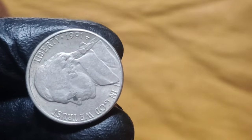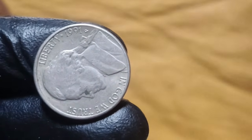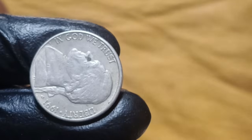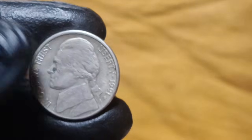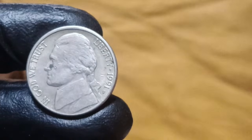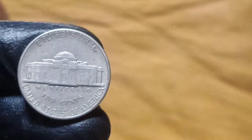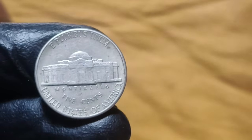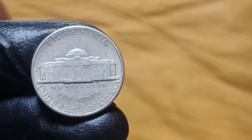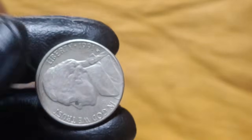Wrong planchet errors are among the most valuable mistakes that can occur at a mint because they represent failures of multiple quality control systems simultaneously. The wrong planchets have to get into the wrong press, they have to actually be struck with the dies for a different denomination, and then they have to escape inspection and get into circulation. When all of these unlikely events happen together, the result is a coin that becomes legendary in numismatic circles and commands prices that seem impossible to anyone outside the hobby. The $318 million valuation for the 1991 P